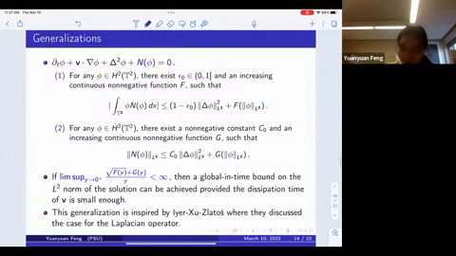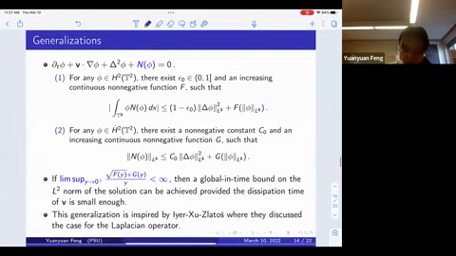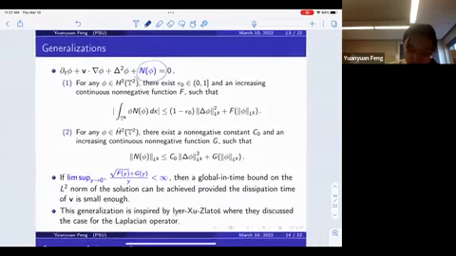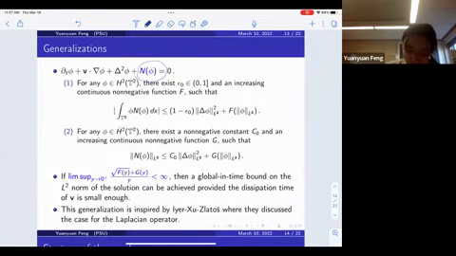Actually, the second part of our result can be written in a more generalized form. We can write the fourth order equation in this way, where we use N(phi) to represent the nonlinear term. Then we can prove that as long as the nonlinear part satisfies conditions 1 and 2,